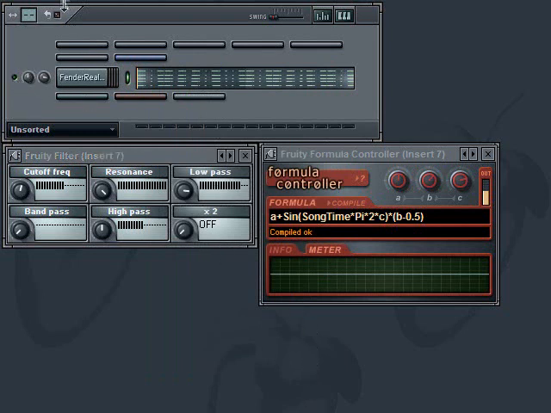Now I'm going to just mute that out, and I'm going to hit play. Now as this thing goes up and down, notice my cutoff frequency here is now moving along with it. Okay, so it's moving based off this formula up here. So now when I turn the sound back on and we listen to it,